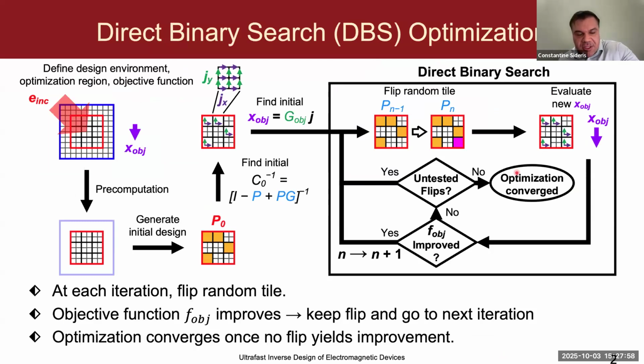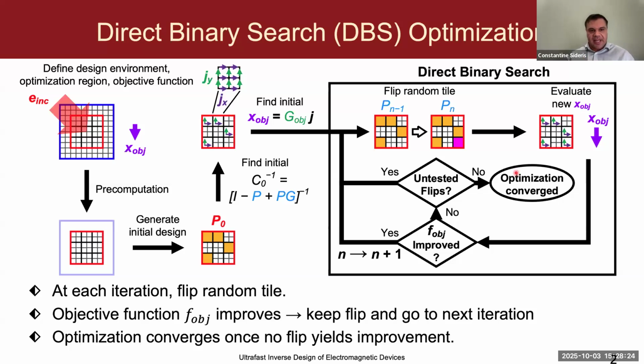So an additional optimization that we can do that significantly accelerates the method further is actually based on the optimization algorithm and technique that we often use to optimize these devices. So I'll explain how that works a little bit. For all of these examples that I will show today, we used an algorithm called direct binary search, DBS. It is quite simple. I can probably explain it in a single sentence.